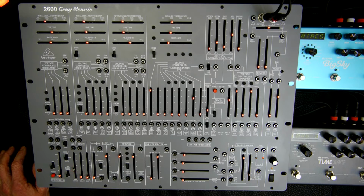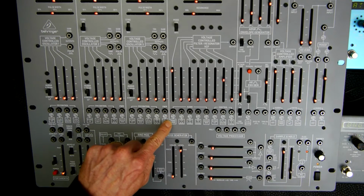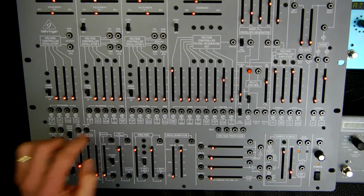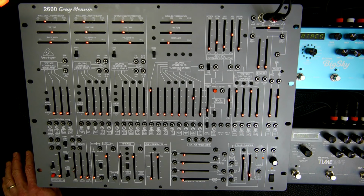We turn the ring modulator mode to audio. And then once again I want to stress, the input signal of VCO number 1 is sawtooth, and of VCO number 2 the input signal is a sine wave. I have turned the gain all the way up, and here in the filter, I have turned the ring modulator input also all the way up. I play a key here on the keyboard,